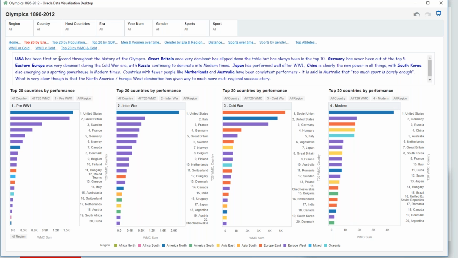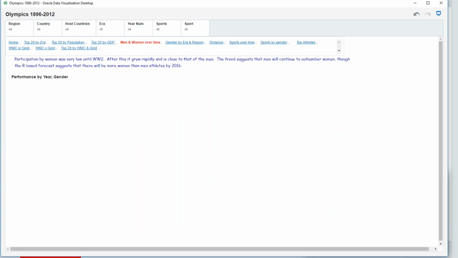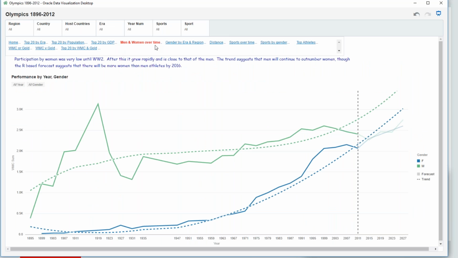But what I wanted to show you in this was the ability to create, basically, this is just another text box visualization that serves as a navigation type capability. So the ability to put text in here and then associate a link with it allows me to build, even in Visual Analyzer, the capability to have, in effect, dashboard pages, if you will, to be able to look at this. And by the way, this one also happens to show a prediction using some of the analytics